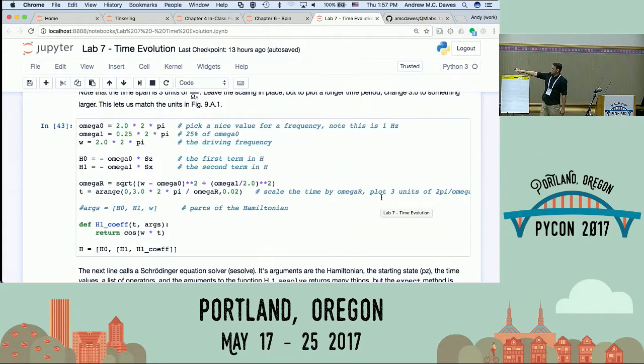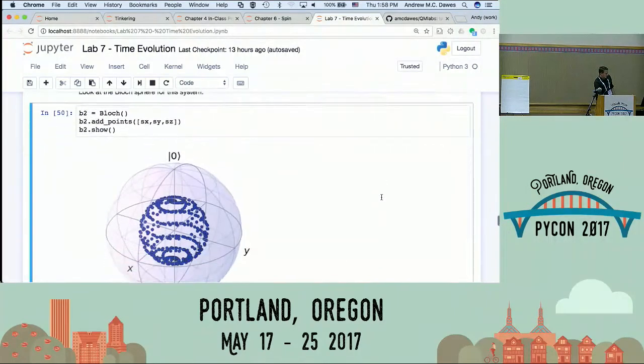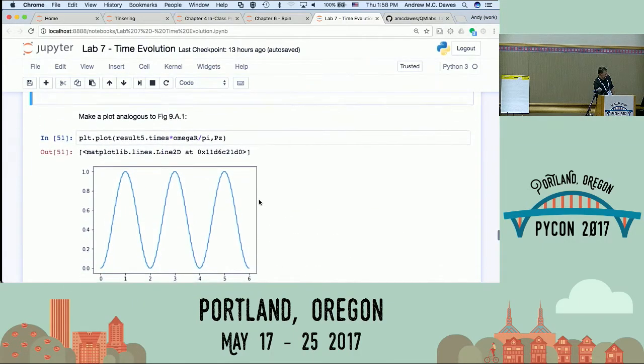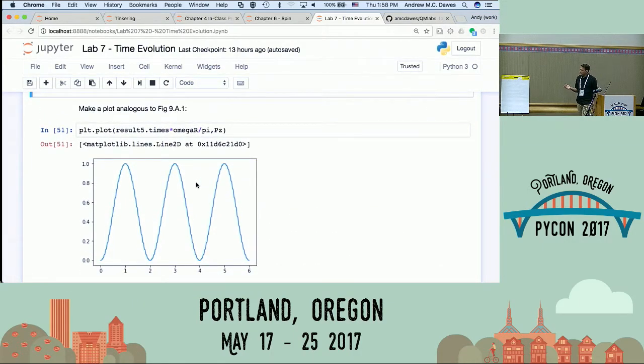They're having to start to get familiar with defining functions on their own and writing in good programming habits, commenting things, defining their own variables in a smart way, that kind of stuff. And so then they can really extend those and get some cool results. And in fact, this is actually like the recreation of a book figure, and so they get to see what are the parameters that went into that and draw connections to the quantum mechanics that are happening underneath.